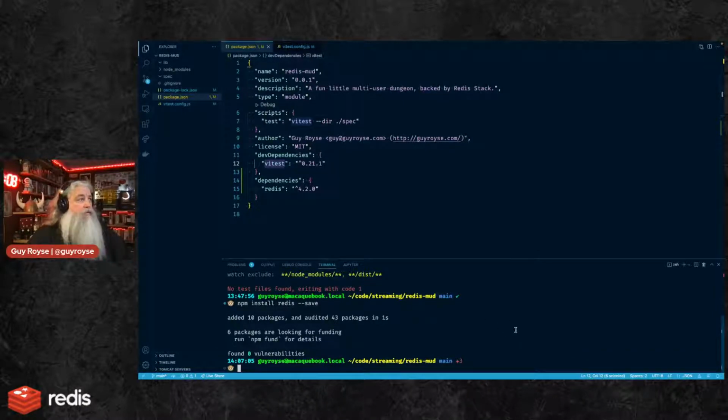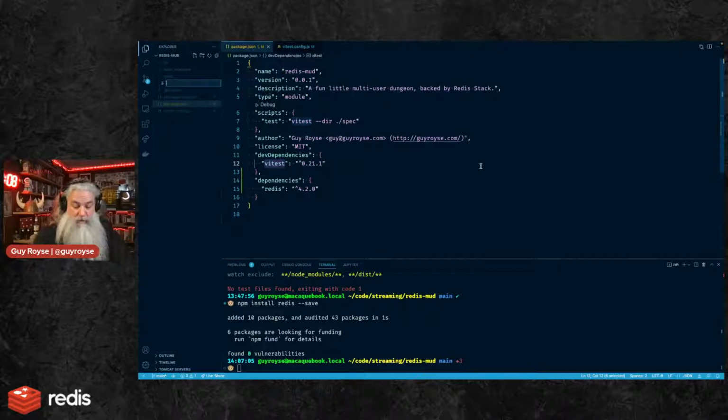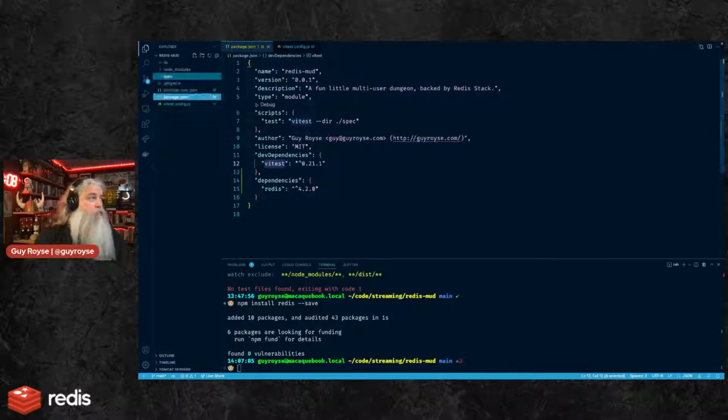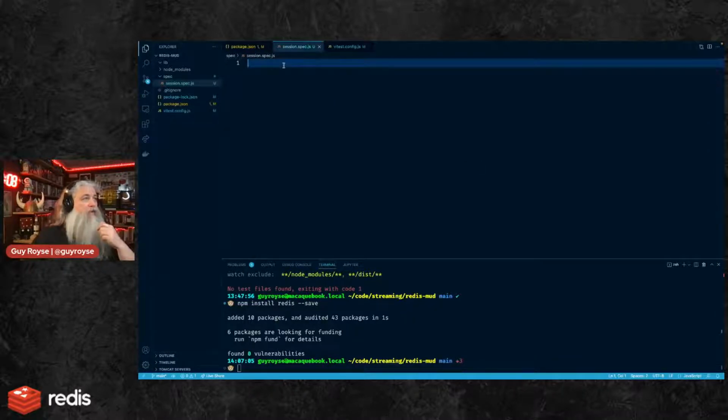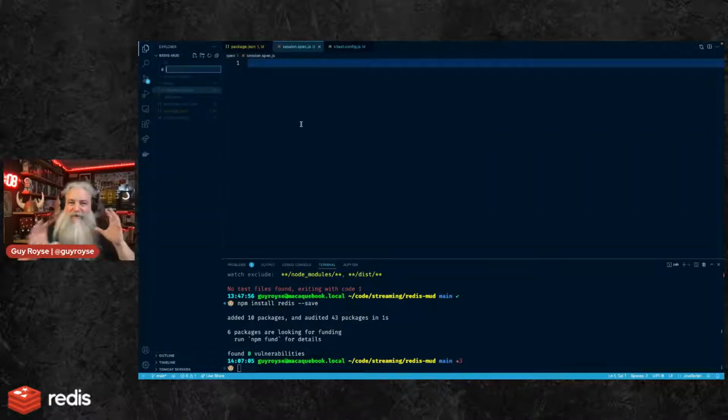So let's go ahead and think about how that might work. Like I said, I haven't given this a ton of thought, but I'm going to create a new spec file. I'm going to call it session.spec.js. And actually, you know, I'm not going to write a spec first. I'm going to break all the rules here. I'm not going to write a test first because I need to really think about how I want to organize my code. So I just want to poke around with what the structure of this might look like.